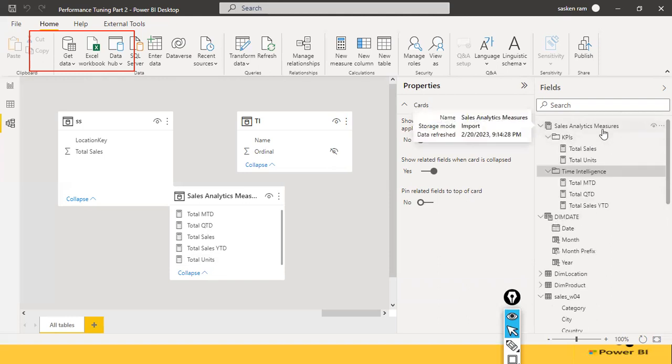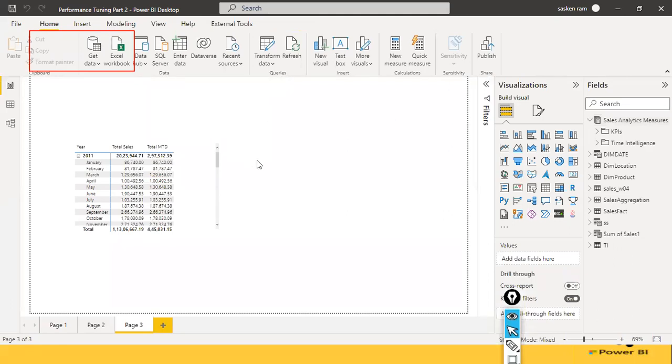Better you create a separate dedicated table wherein you can keep all the measures. And within that dedicated measure table, you can create folders so that you can logically group the measures that belong to different folders or different groups. So in this case, this group is meant for time intelligence. This is the one that will hold all the common KPIs. Okay, fine. And for example, you have something called finance KPI, right? So finance, and sales, marketing, something like that. Okay. The next one is